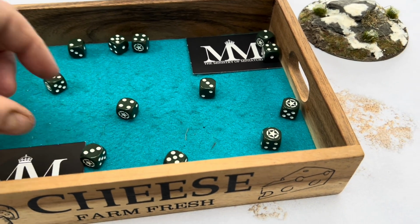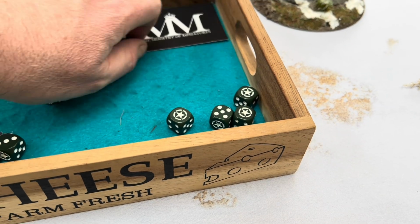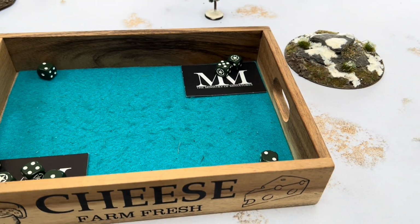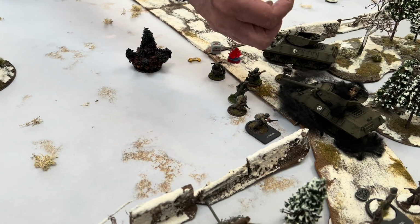I think they're all... 1, 2, 3. God. 4 hits, that'll do. Yeah, that's about right, isn't it? Exactly right, in fact. And then killing on 5s. Oh, 2 dead. Oh no. And a pin. I've got to wrap round and...